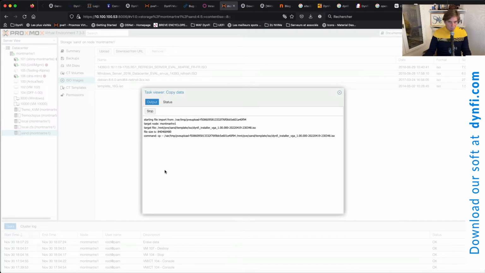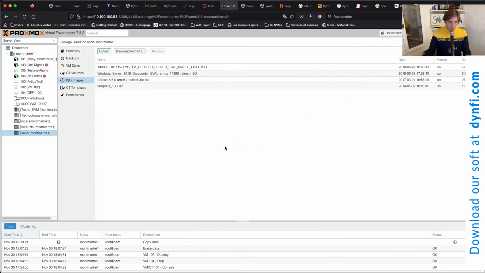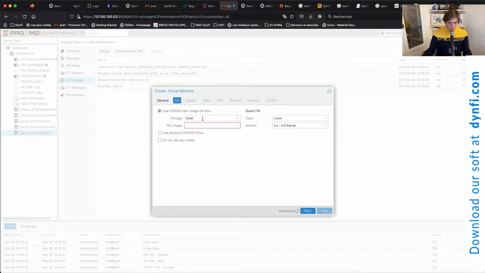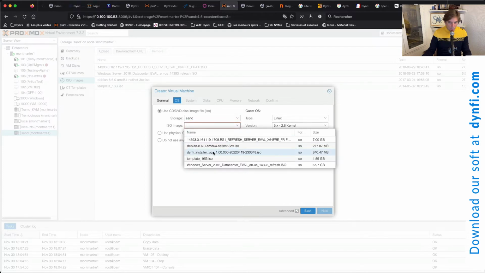Once the file is uploaded, you will be able to use it as an install media for your newly created virtual machine with DynFi Firewall. Just click create VM. You can name it DFF-1-00-1. Select the place where you've put your ISO image that you've just uploaded, DynFi installer VGA,